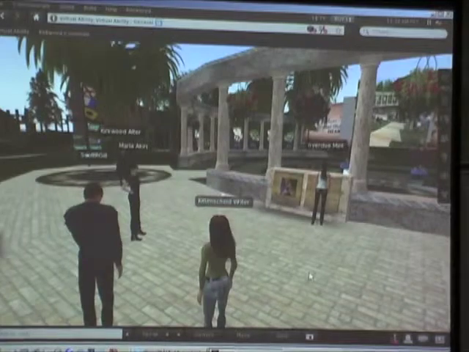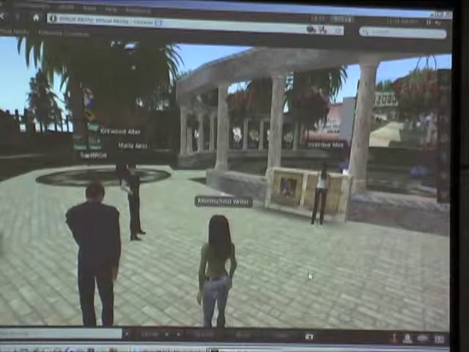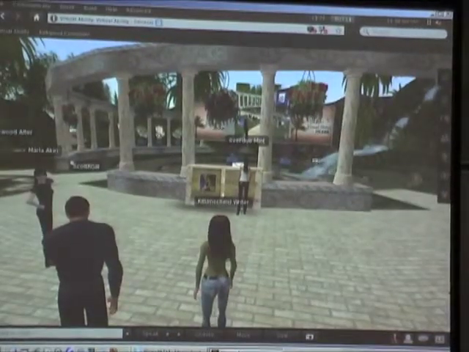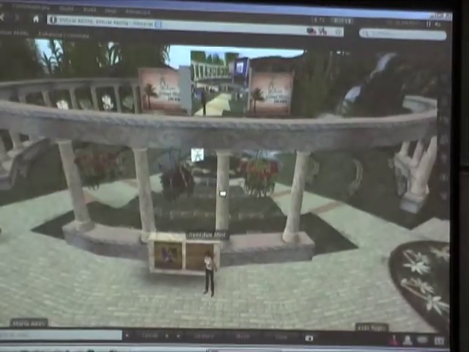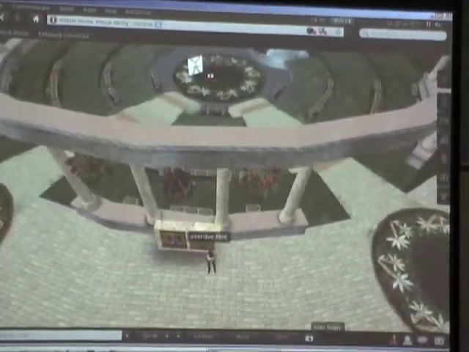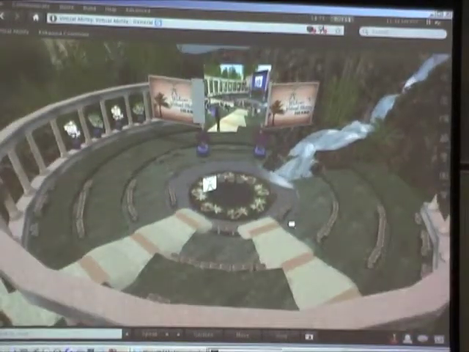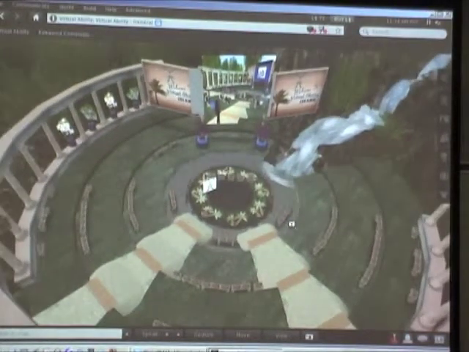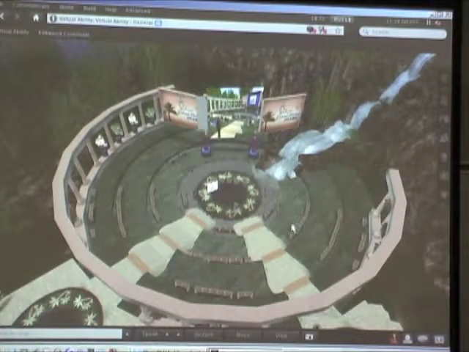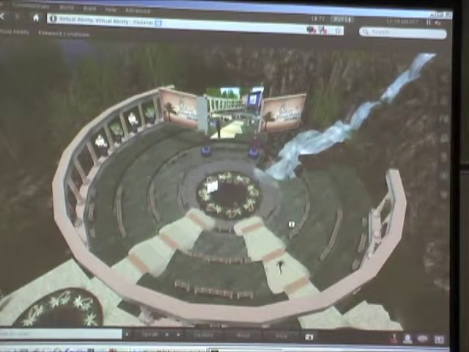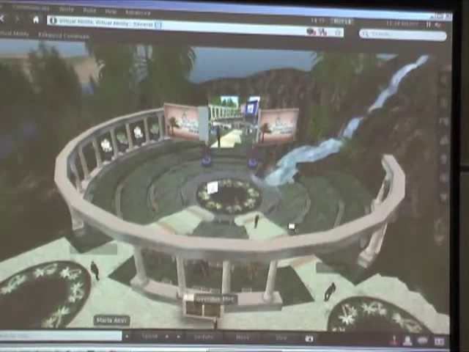Well, welcome to the Virtual Ability Auditorium, which we feel is the most accessible auditorium in all of SL. I think we can safely say that. If you'll walk down one of the aisles here, I can show you some of the features that we used.